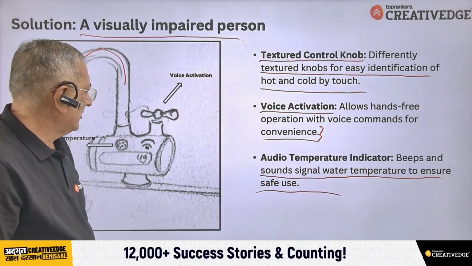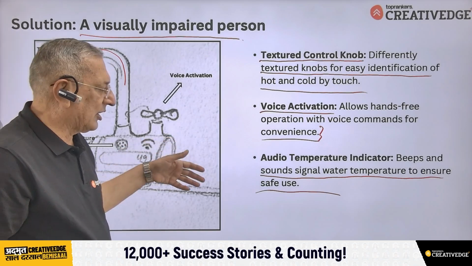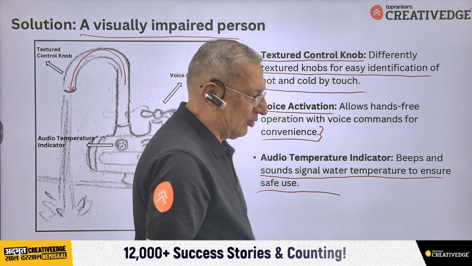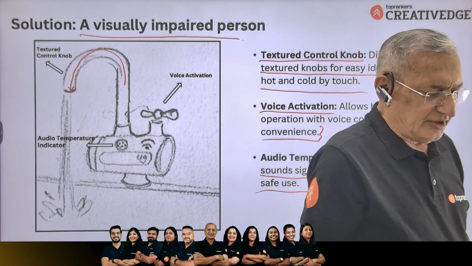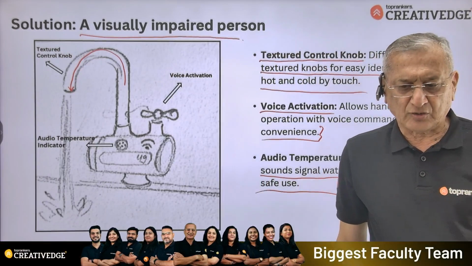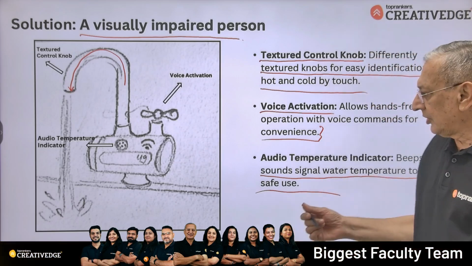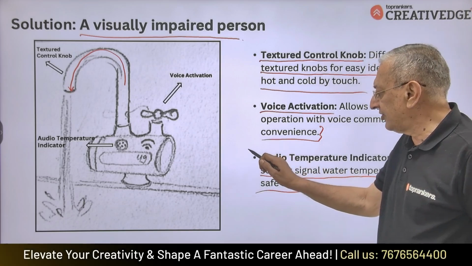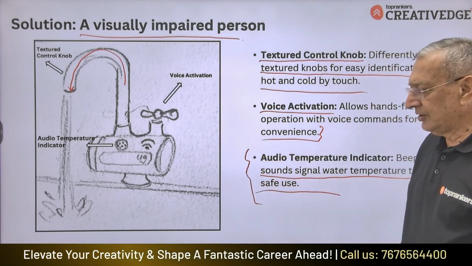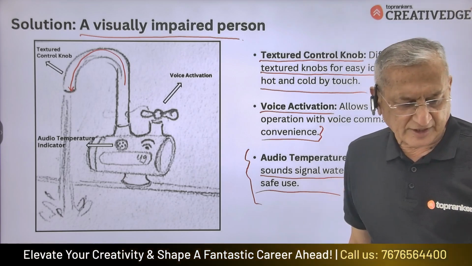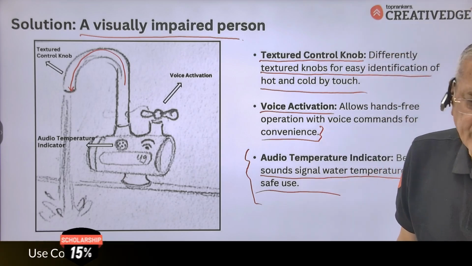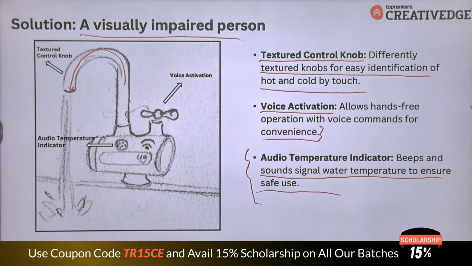At times, a blind person may not know which kind of water is flowing, whether hot, cold or lukewarm. So, if there is an indication for the blind person to use the water according to the need, it could be fixed or done.